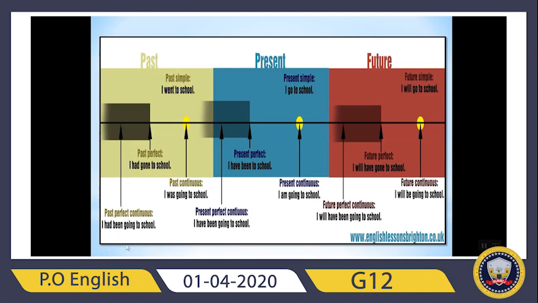So I had been going to school. It was continuous in another action. This is the first action in past perfect, and past perfect continuous comes at the middle. Okay, it interrupts it, cuts it. So this action cuts past perfect. So past perfect continuous cuts past perfect, comes at the middle. Okay, here in the middle.